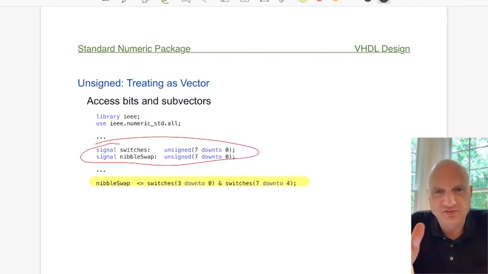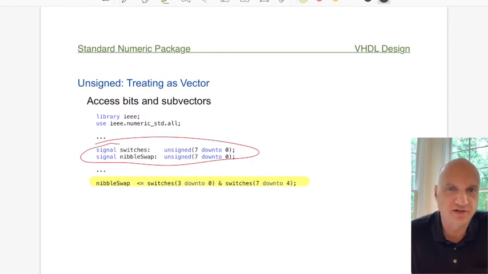Now that we've said you can treat them both as a vector and a value, you're probably wondering, why not make everything unsigned and signed, and that solves all the problems? That's really not a great idea. You'll find that the necessity of using signed and unsigned is actually quite limited. You don't really need to use it a lot. If you come from a background where you program in higher level languages, it's uncomfortable to think in terms of hardware and vectors. So it's understandable that people might want to fall back on signed and unsigned as a tool that just does it all. But it's really not a great idea because it is somewhat limiting,